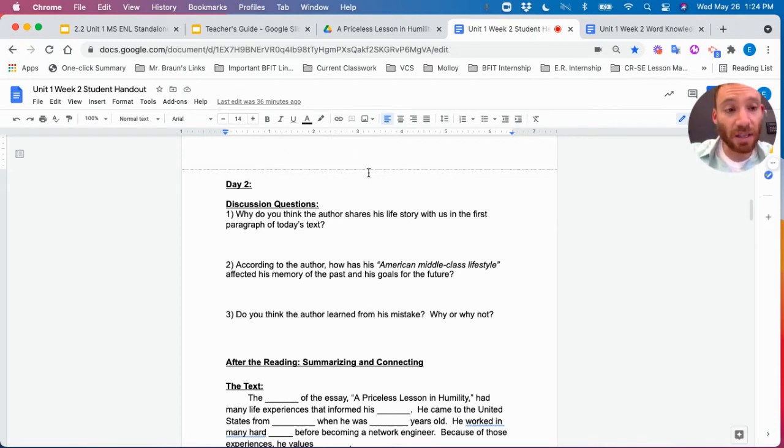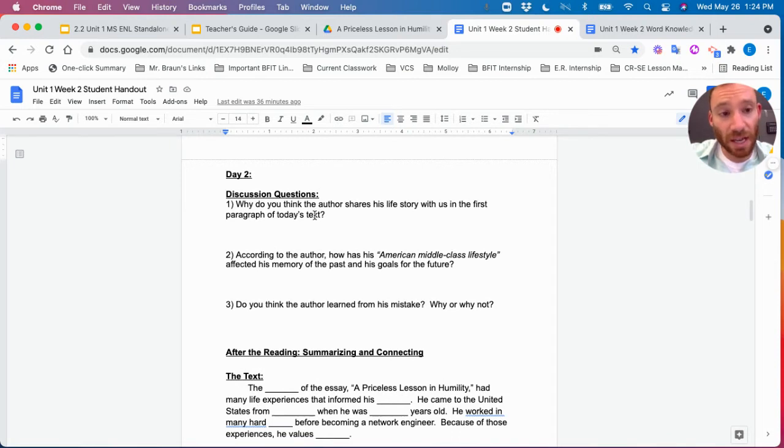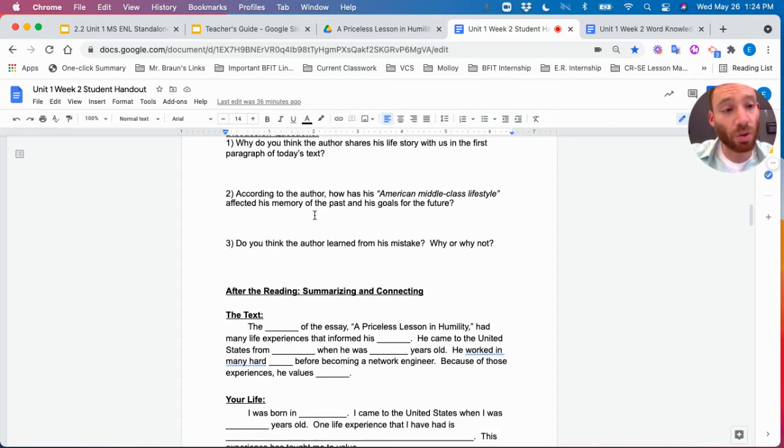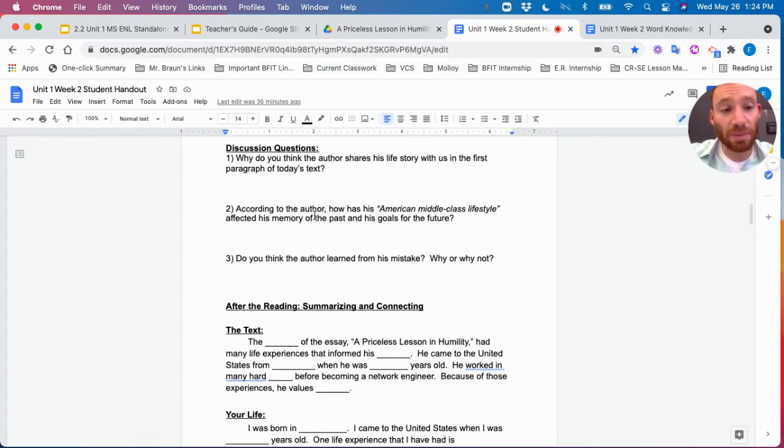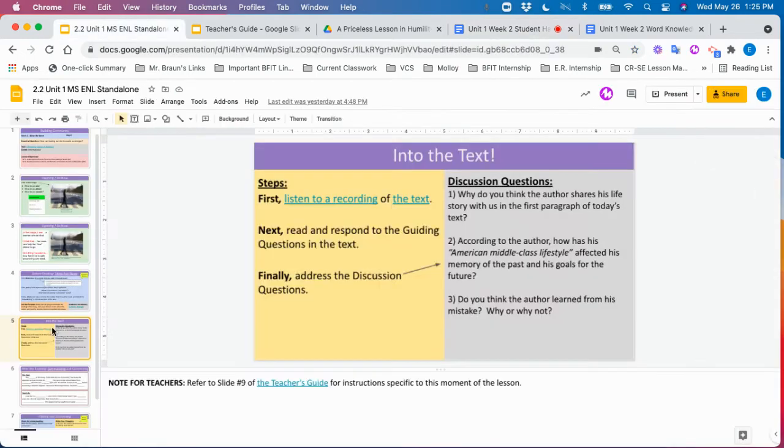As you can see, the same questions from the PowerPoint have been pasted onto this document for the students to work on, and this makes it easy for students to access their work and to even complete their work independently or with a partner or at a separate time if they need some extra time to continue working on it.